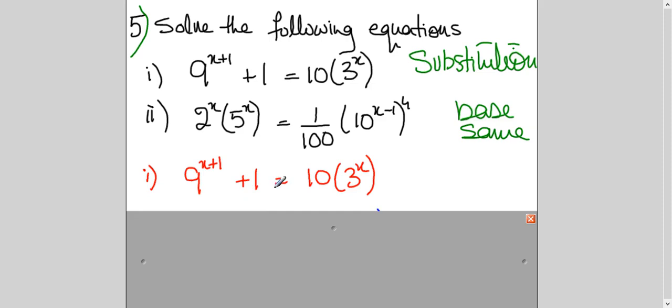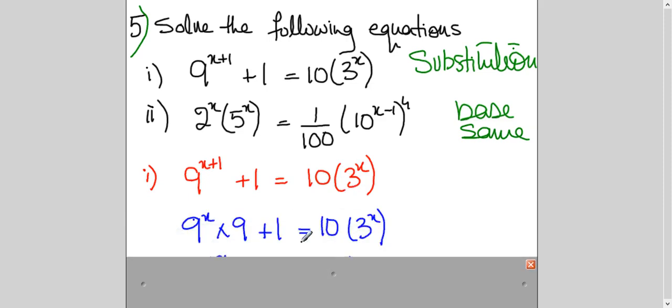Now when we are substituting, we see what we have to substitute. Sometimes the question gives you what to substitute, sometimes it doesn't. So I see 3 power x is given to me here. 9 can be changed to 3 square. So what is coming in my mind is that the substitution will be 3 power x. Because the smallest power, either it is 2x, power 3x, power x, we look for the smallest. You may not understand right now. Let me start explaining and you will get it.